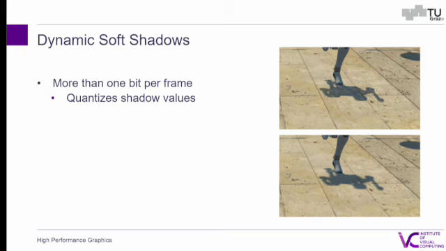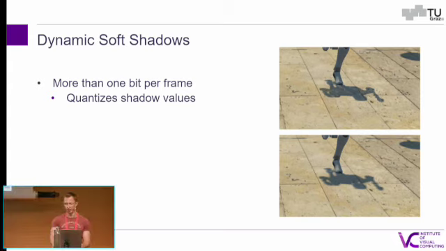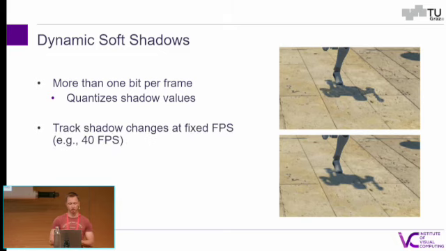Therefore, we decided to use more than 1 bit per intermediate frame, so per time step, which basically simply quantizes the soft shadow values. Of course, doing this for 120 frames per second would lead to a lot of data per pixel. So instead, we track the shadows at a decoupled frame rate that is not dependent on the color and server frame rate or the client frame rate. And we have found that 40 frames per second is enough